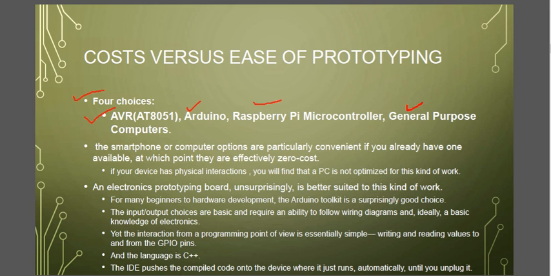And the fourth one is the general purpose computer, which is a microprocessor based computer system. So these are the 4 choices available for the hardware and software programming in Internet of Things projects. So the user can choose one of these options and use it to develop the final